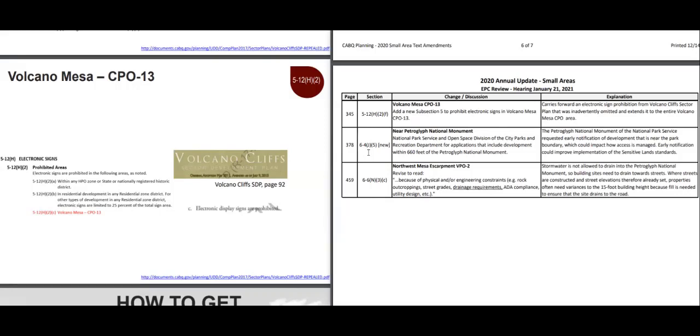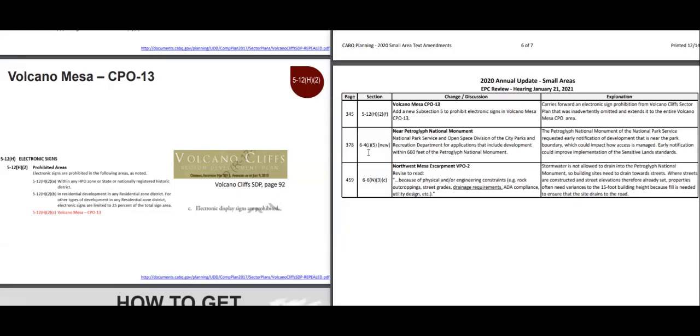And this change is needed because the Petroglyph National Monument of the National Park Service requested early notification of development that's near the park boundary, which could impact how the access to the national park is managed. Early notification could improve implementation of the sensitive land standards. The other challenge that Open Space Division and the National Park Service are having is that when notification is made,